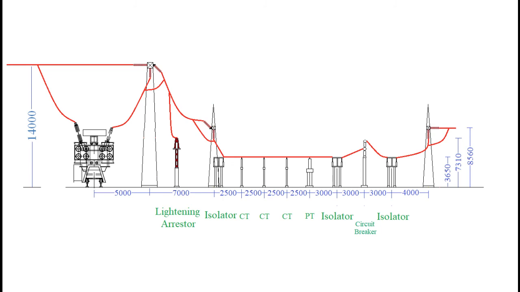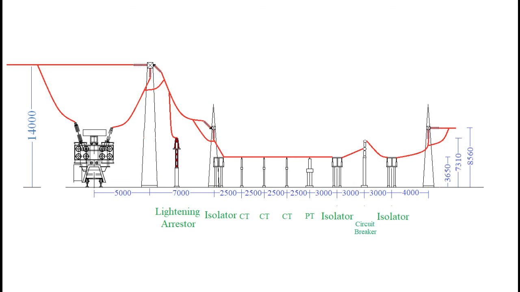The screen that we see shows that the 33 kV outgoing supply takes the support of a 14 meters high tower and subsequently lowers the bus height to 7.31 meters and then further lowers it to 3.65 meters. Initially, before lowering the bus height, it passes through another lightning arrestor whose provision is for the 33 kV bus. The 33 kV bus seeks support from 7.31 meters high towers, meaning the bus gets support at this height initially.